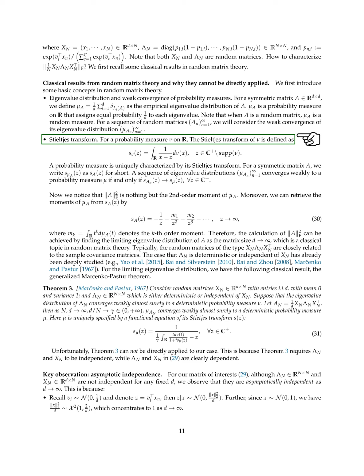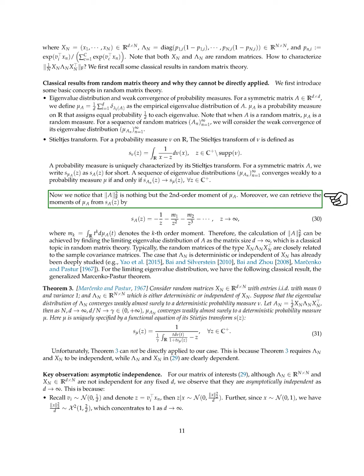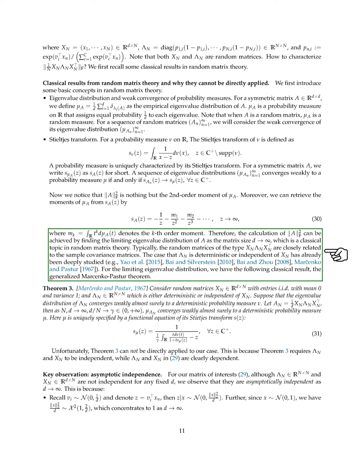For a symmetric matrix, we can express this transform in a simplified form. A sequence of eigenvalue distributions converges weakly to a probability measure if certain conditions are met. We observe that one of the measures is related to the second-order moment of another measure, and we can derive moments from this relationship. To find the limiting eigenvalue distribution as the matrix size increases, we rely on classical results